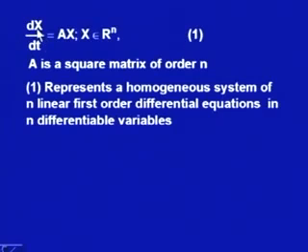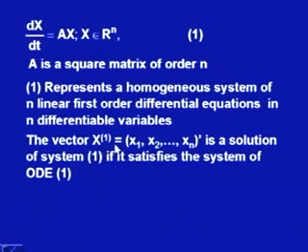Since we are considering derivatives, we should have the functions as differentiable functions, all these variables should be differentiable. We call this a homogeneous system because all the terms on the right hand side are involving x or y. There is no term which is free of the variable x and y. So, there is no constant matrix added here, and in this sense we say this represents a homogeneous system of n differential equations. Each equation is linear in its own right, and that is why it is a linear system of differential equations.